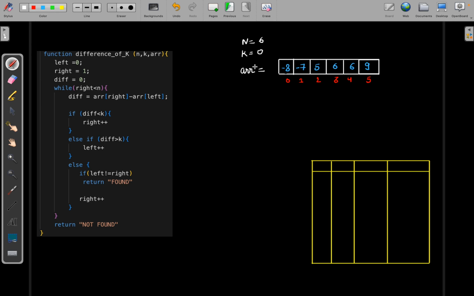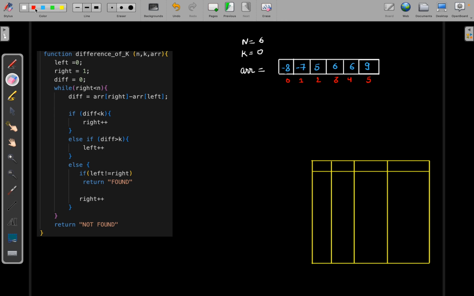So basically the trick is, if k is equal to 0, the difference I want is 0, but if we are moving both pointers in the same direction, like L and R both are moving in the same direction, it may be possible they will end up at a certain point and they will point to the same number. So 5 minus 5 will be 0, but I want to counter that, because if both are pointing to the same element, that is not my element. I want the two indices to be different elements. So let's